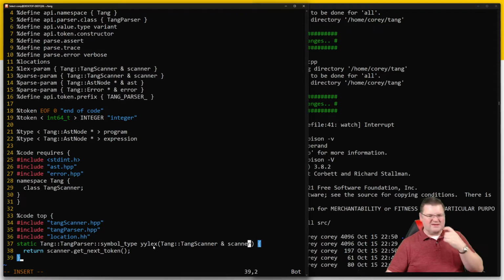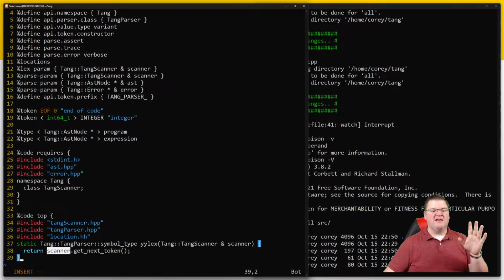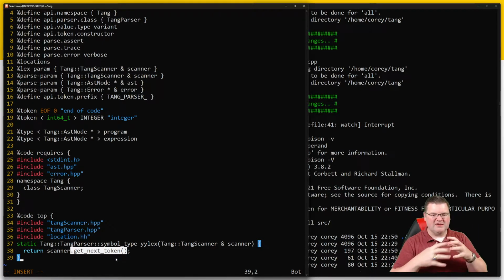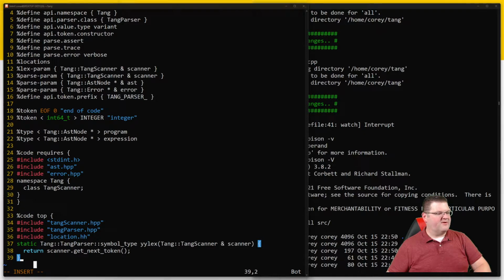Anyway, it's going to give us this scanner, and our job is to return something of the symbol type. So we call the scanner's function, which we haven't written the flex part yet, called getNextToken. These are wired together in a lot of different ways. All right, now that we've done that,